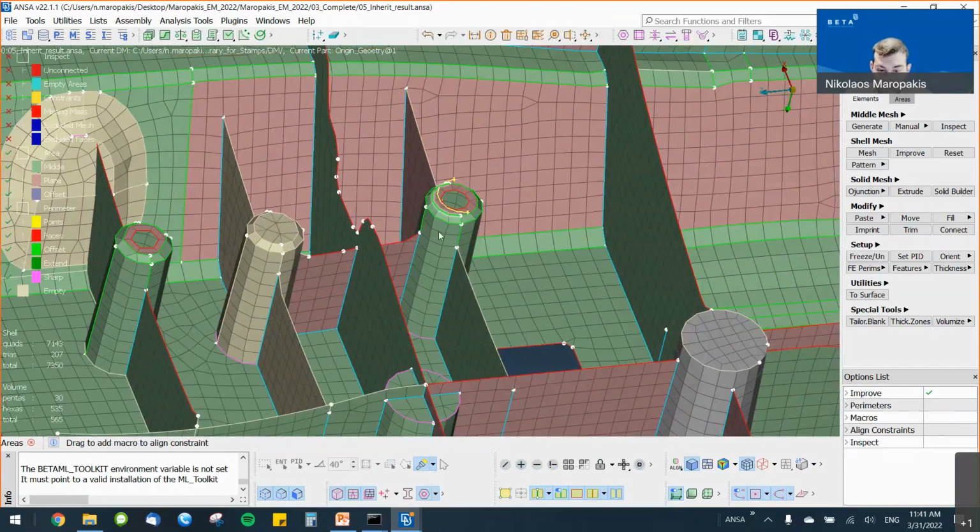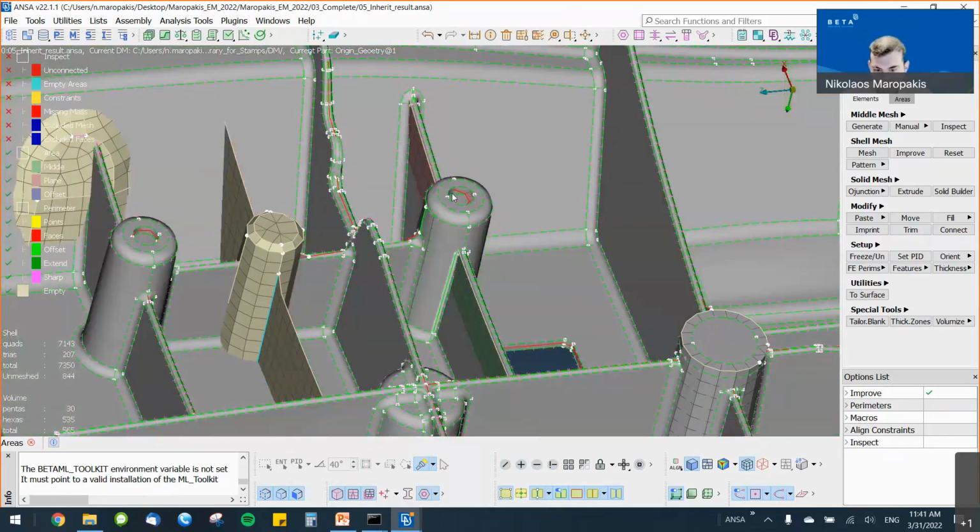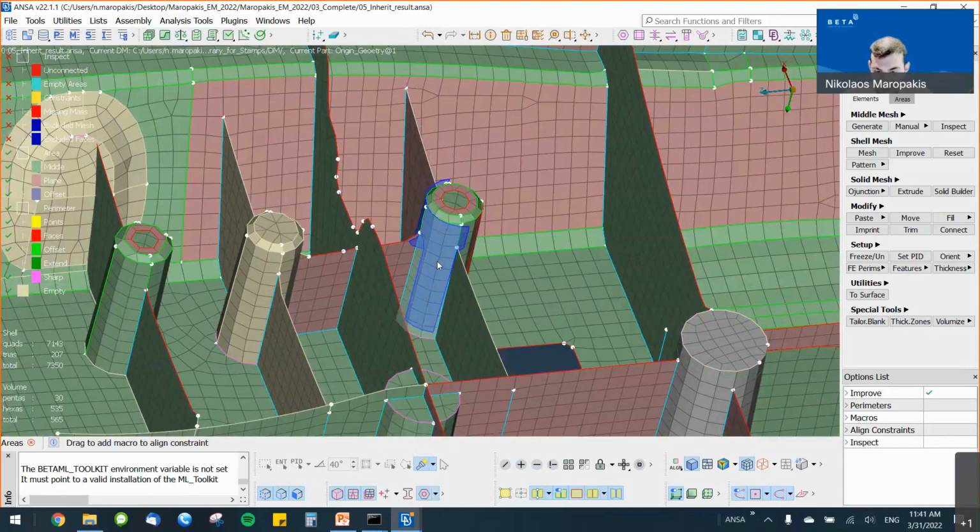Here I can see that this is the tube that we saw earlier, that got moved to the right by 2 millimeters. And if I turn on the geometry, I can see that it's not in the correct position. If I hover my mouse over it, I can see that it has the correct definition, but it's not in the correct position. I can fix that very easily.